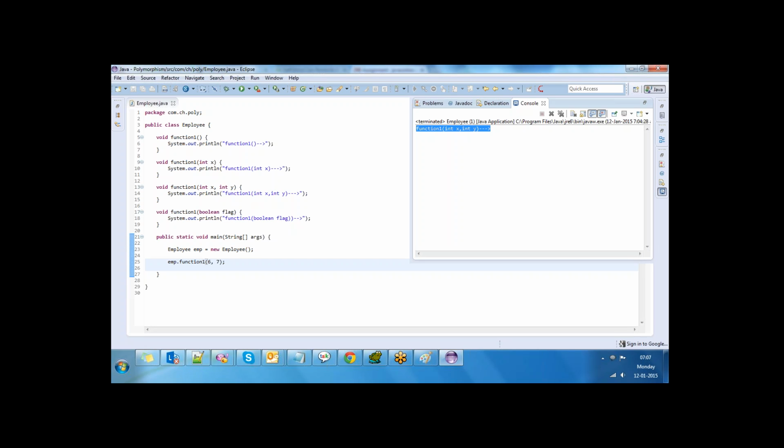This is the reason why this type of polymorphism is known as static polymorphism.